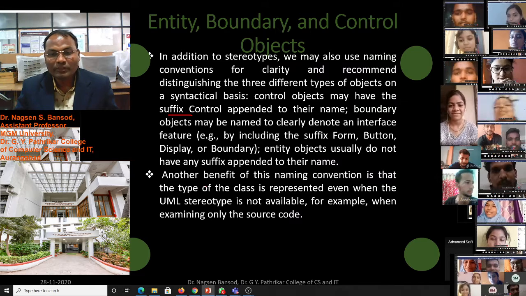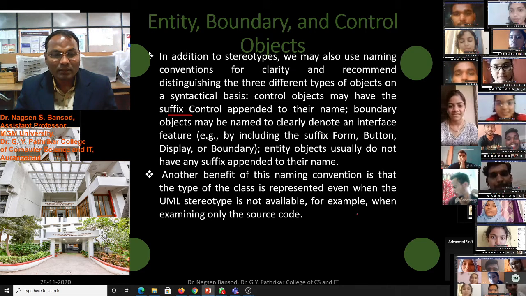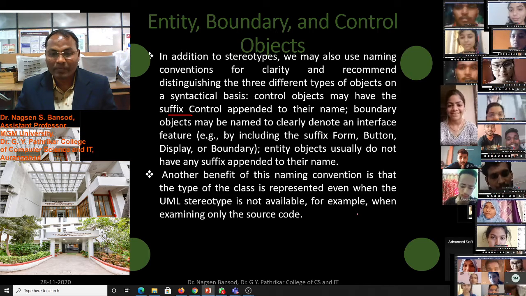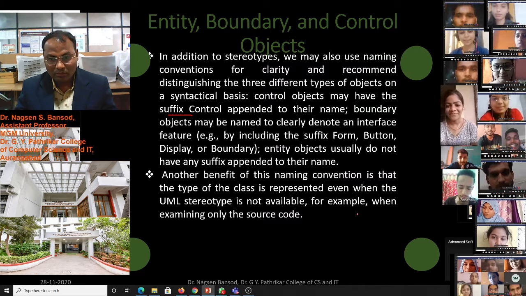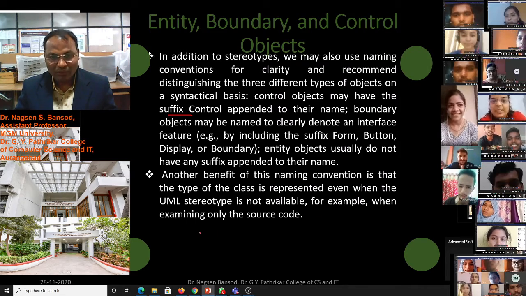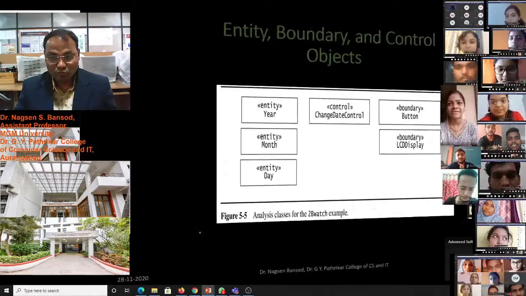Another benefit of this naming convention is that the type of the classes is represented even when the UML stereotype is not available, for example when examining only the source code.